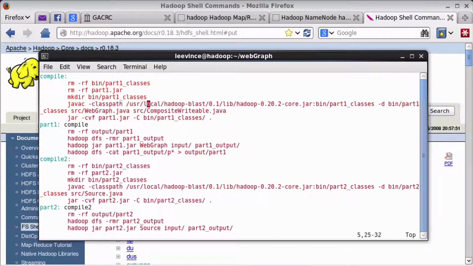We give the class path, and for this, you need to go ahead and find the Hadoop core file. It's a jar file. You need to go ahead and locate that. It's in different directories on different systems, so you need to make sure you link that correctly. Once you link that,